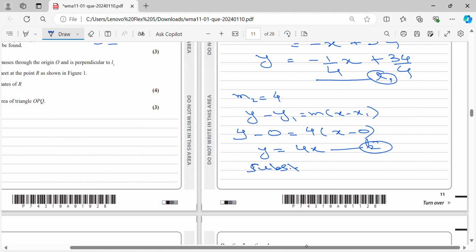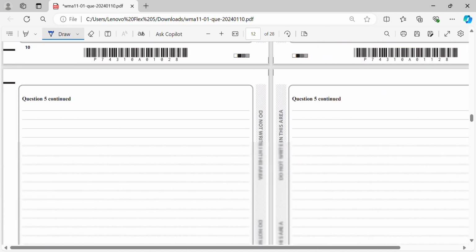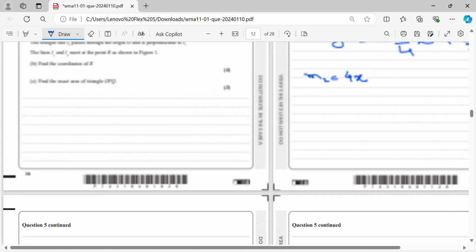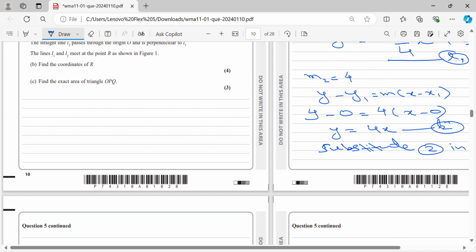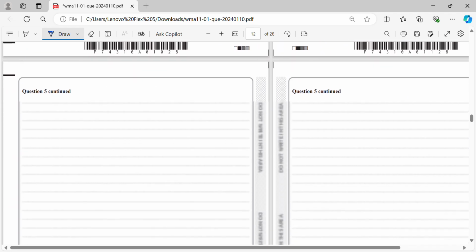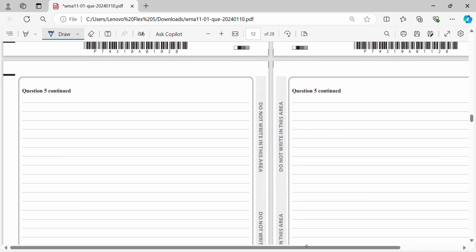Substitute 2 in 1. Okay, so if I substitute 2 in 1, this would be 4x equals 2. Let's write here 4x equals 2